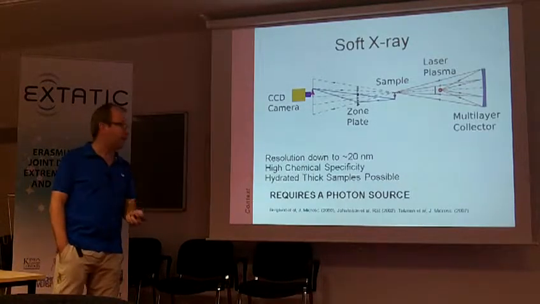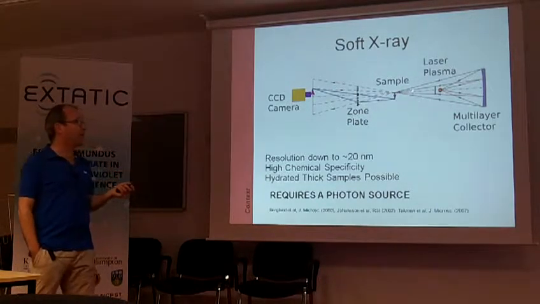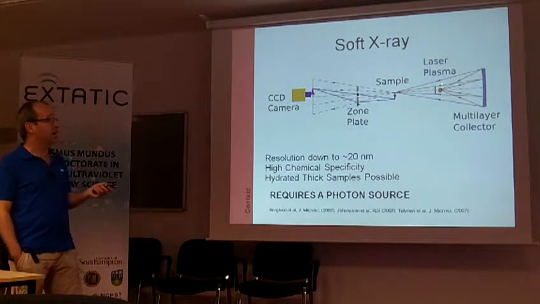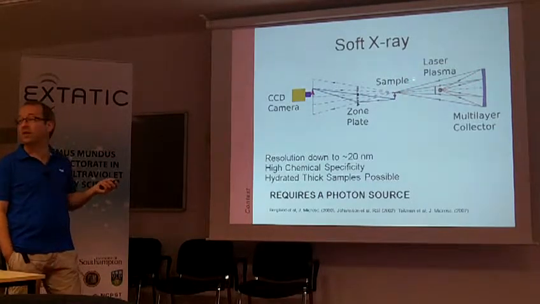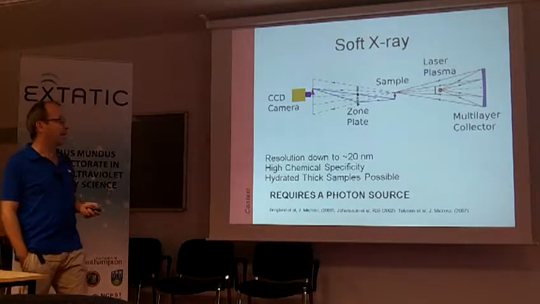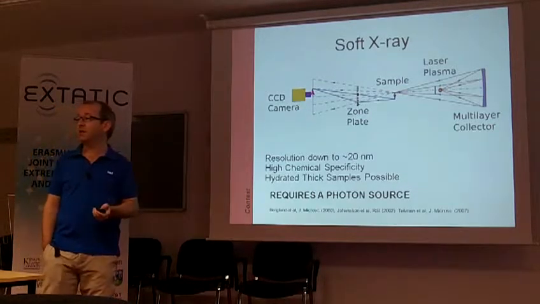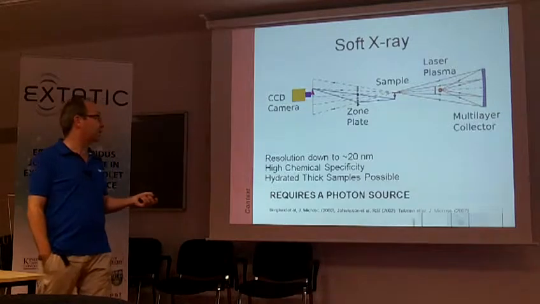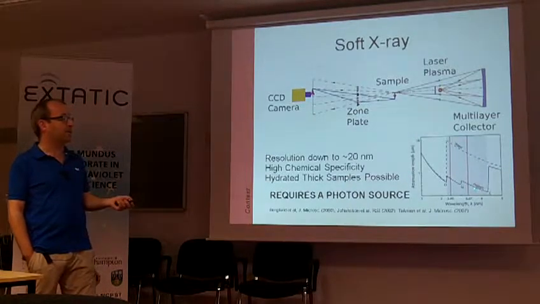In soft X-ray imaging directly, you have systems like Hans Hertz's microscope, where he uses a laser plasma water window soft X-ray source, and he focuses that using a multi-layer collector onto a sample and illuminates the sample, and then uses a zone plate objective to image his object onto a CCD. I think the resolutions he has at the moment are down to about 20 nanometers, and the advantage of this system is that he's able to use the natural contrast mechanism of the absorption difference between water, or oxygen mainly, and protein or carbon